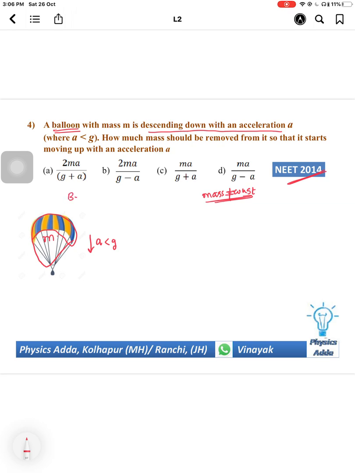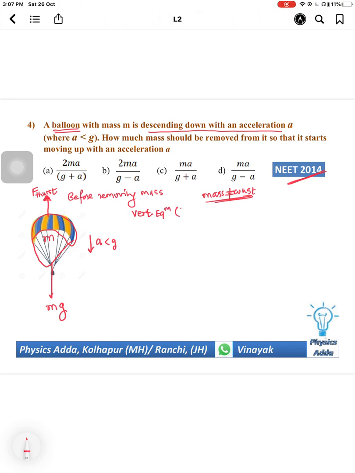So before removing mass, the downward force will be mg, that is the weight of the balloon. And the upward force will be what? Here there will be air resistance, and they have not mentioned that air resistance is negligible. That is the thrust force, which will be F thrust. So if I am considering